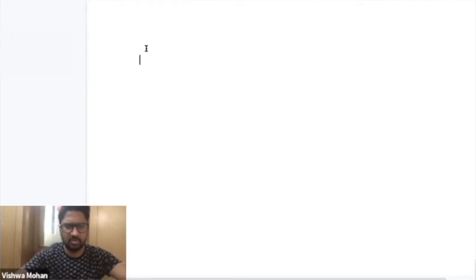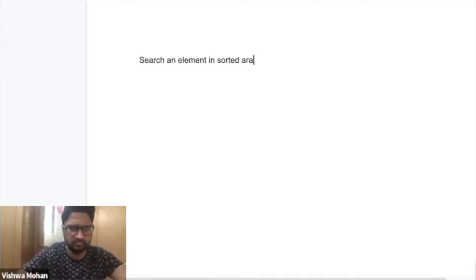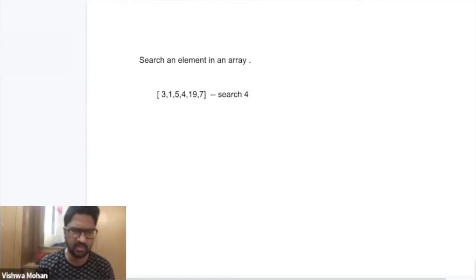So the next thing we talk about is searching for an element in an array. Suppose you have to search for an element in the array, and you have not been given any information about the array, so it is a random array like this, 5, 2, something like this. And suppose I have to search for 4 in this array. If it is a random array and I don't have any information about it, the only way I can do it is to go to each of the elements and check whether 4 is present or not.